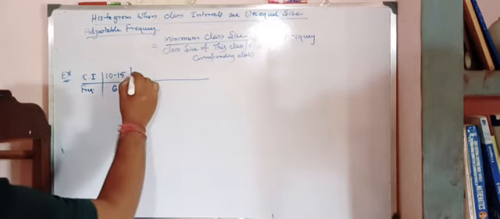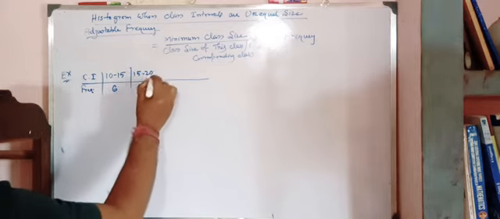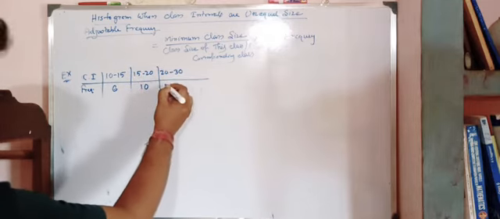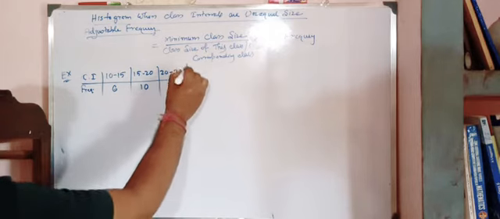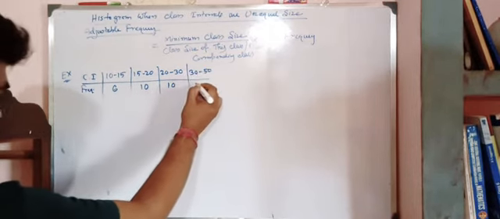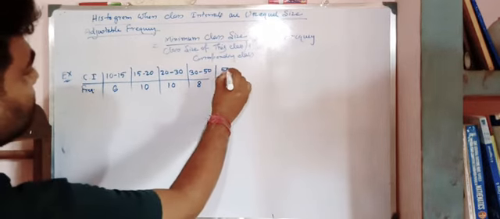Next 15 to 20, frequency 10. Next 20 to 30, it is 10. Next 30 to 50, it is 8. Next 50 to 80,